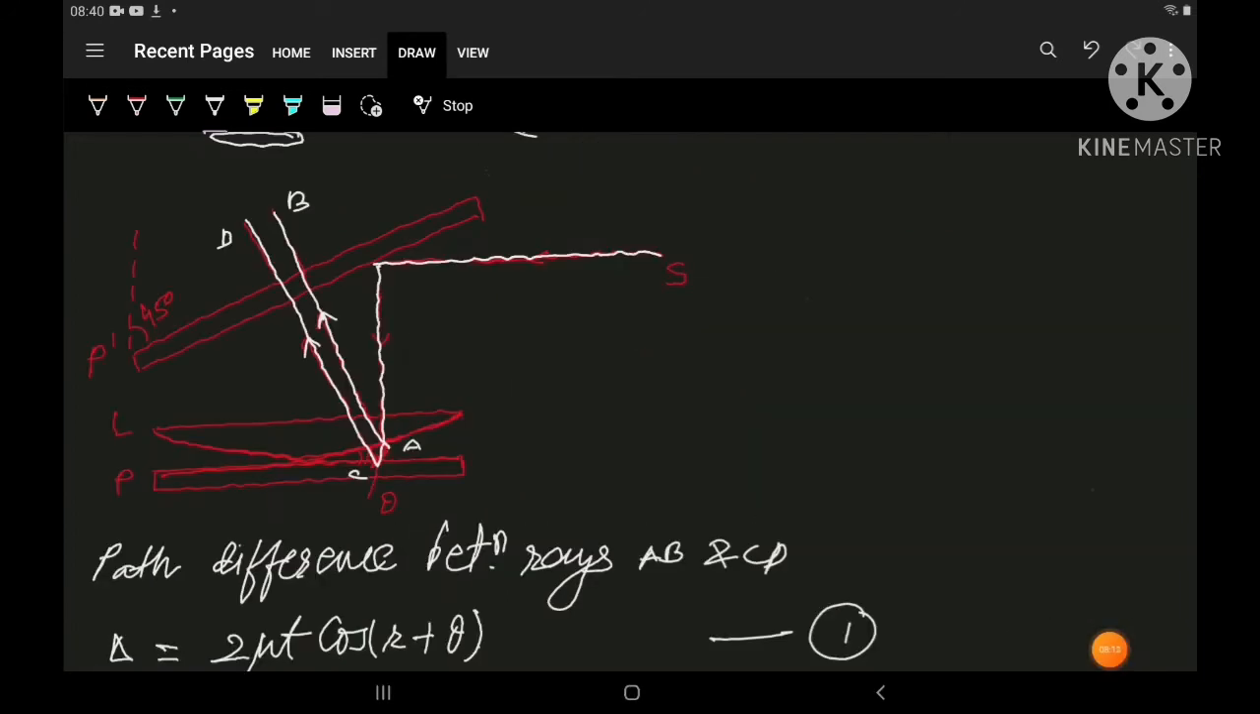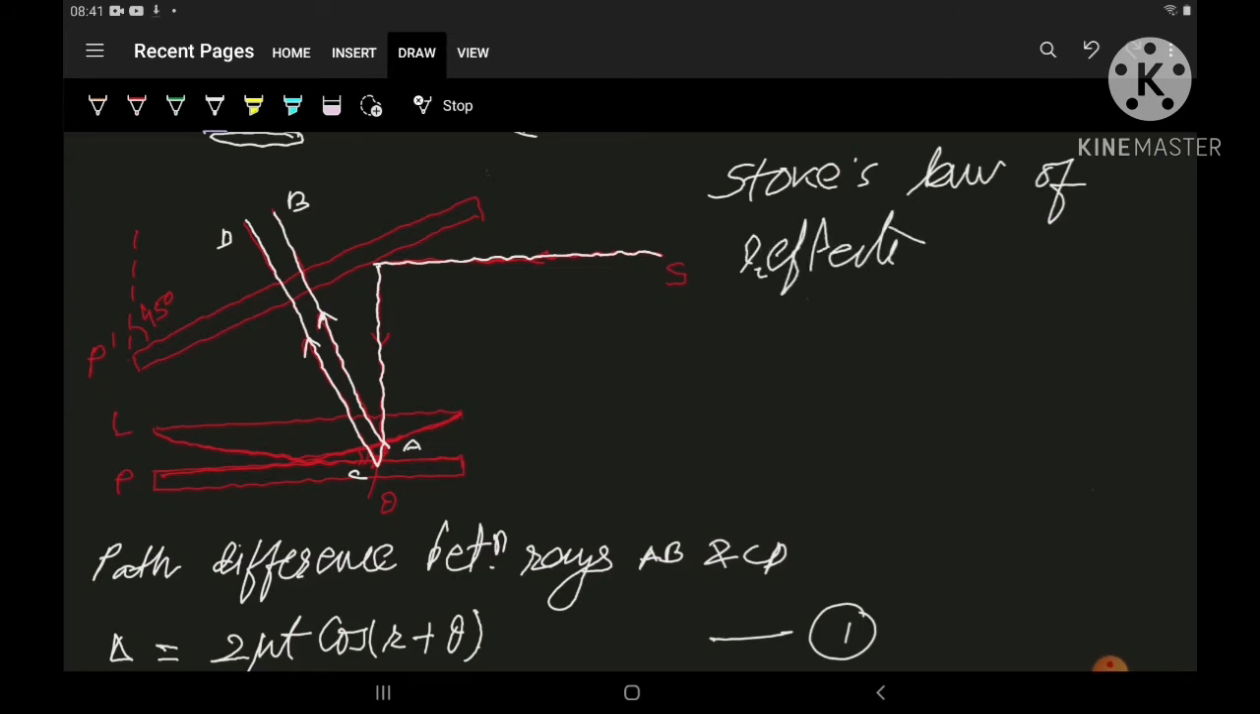Now let us discuss Stokes law of reflection. Stokes law of reflection will be used in the Newton's ring experiment. According to Stokes law, if a light ray gets reflected from the surface of denser